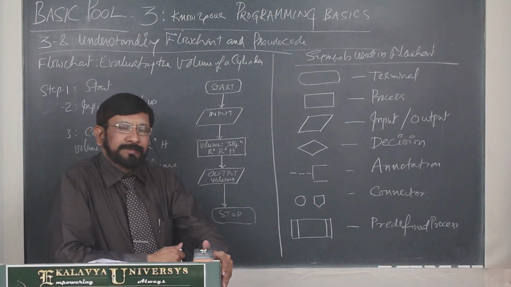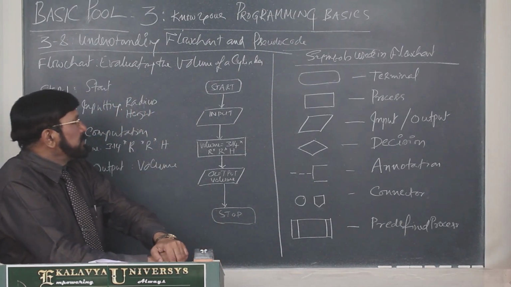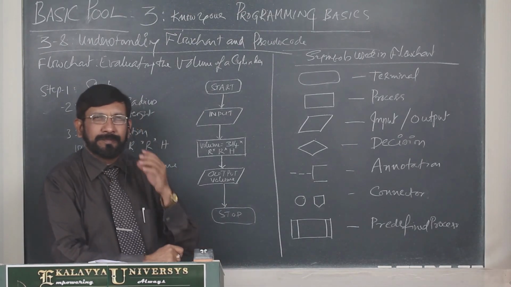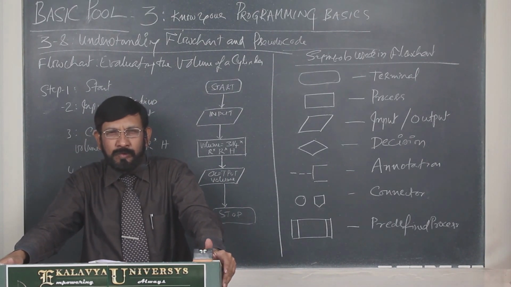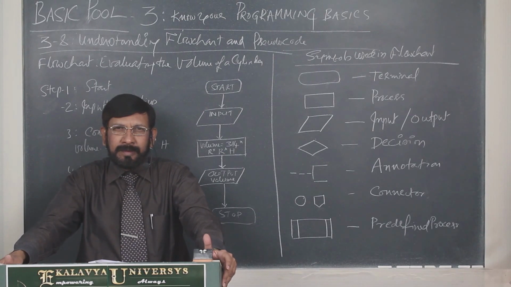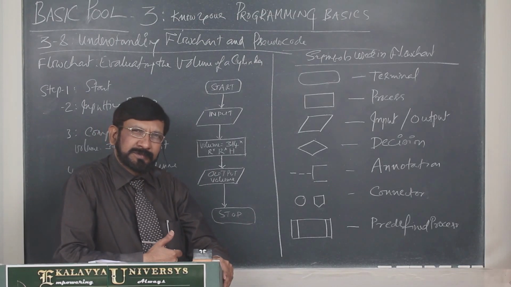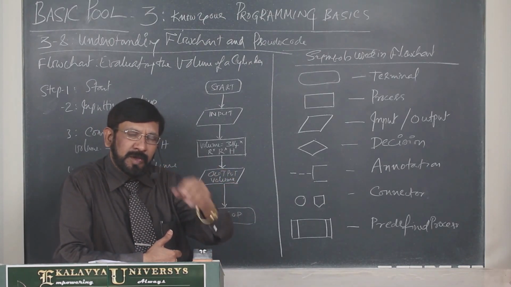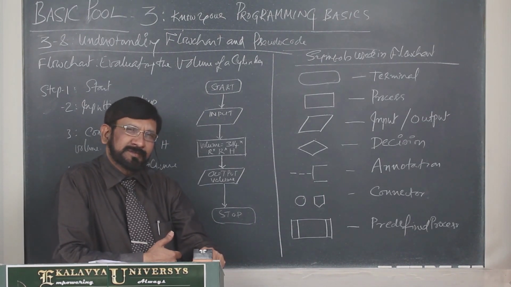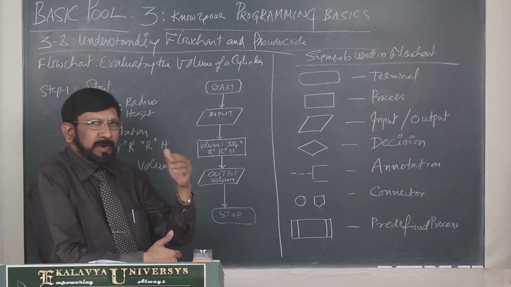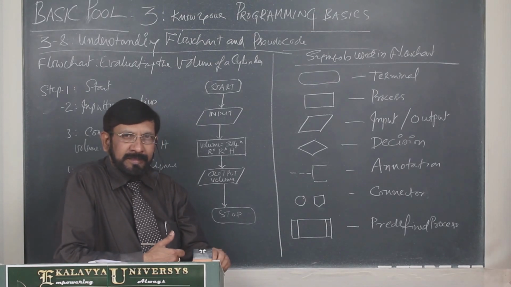Now let us take up the concept number 3.8. This is understanding flowchart and pseudocode. Already in the previous concept I explained there are two variants for algorithm. Algorithm, I explained, is a description of well defined steps of the logical plan of solving a problem. Now as far as flowchart is concerned, it is the visual or graphical representation of an algorithm.